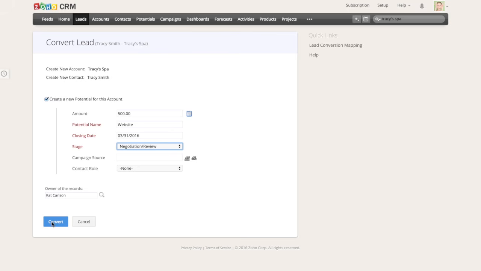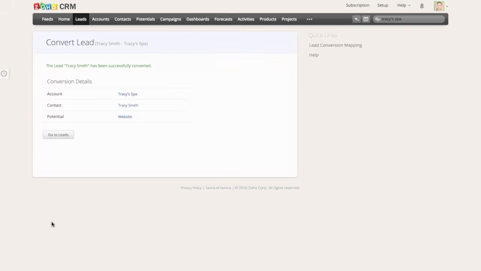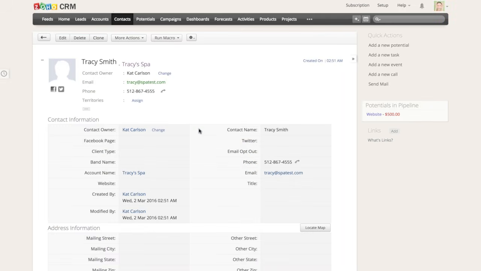So when I click on convert, you'll see that it creates an account record, a contact, and a potential record. Now all three of these records are associated with each other. So if I click on the contact record, it's going to take me to Tracy's contact record. I'll be able to see the business that she works for. It's linked to this